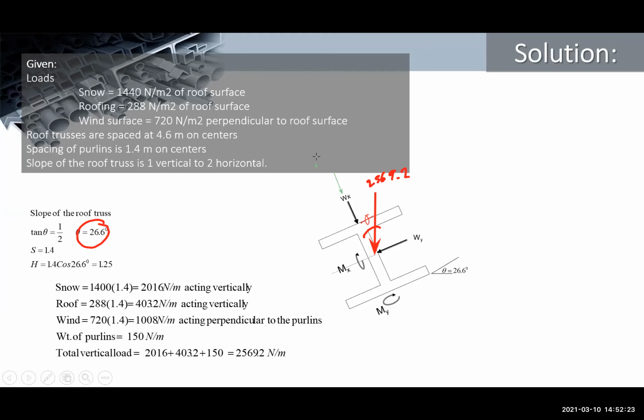So, sorry, 1,008 na. So, we have 1,008. So, ano pa yung additional? Because since this is a vertical load, kukunin natin yung component niya. So, ang component niya is, di ba,